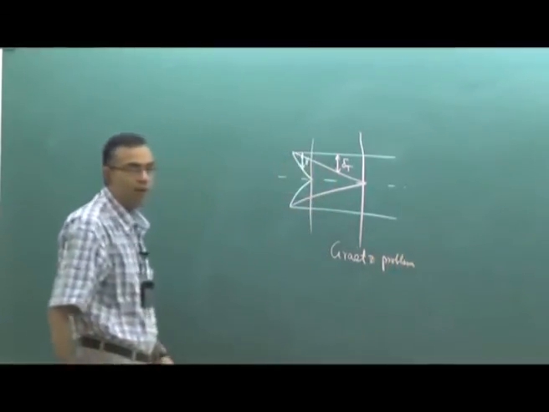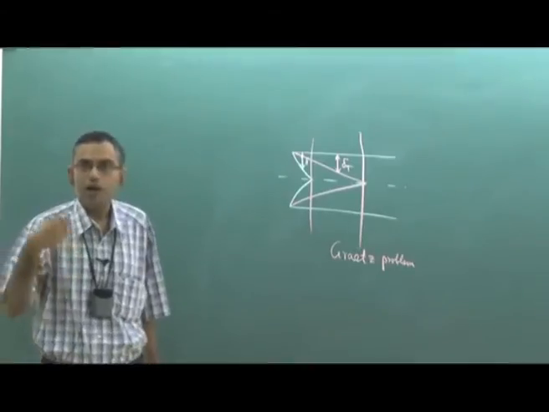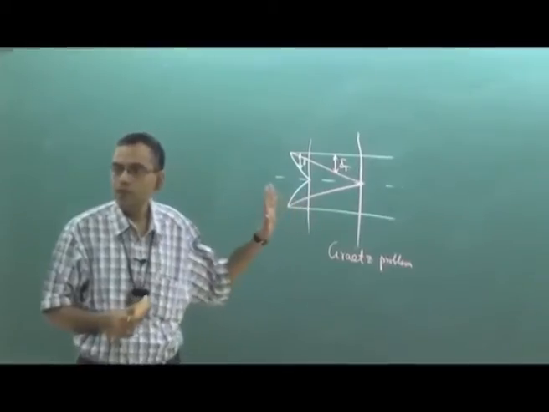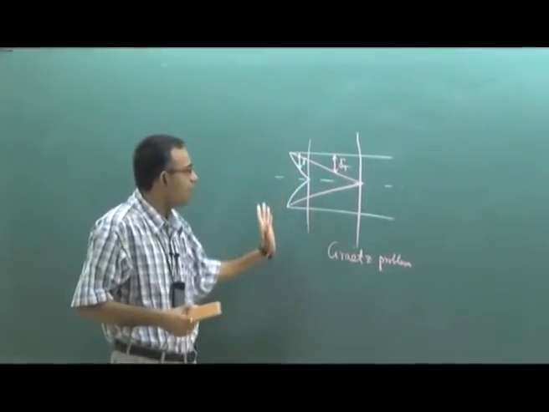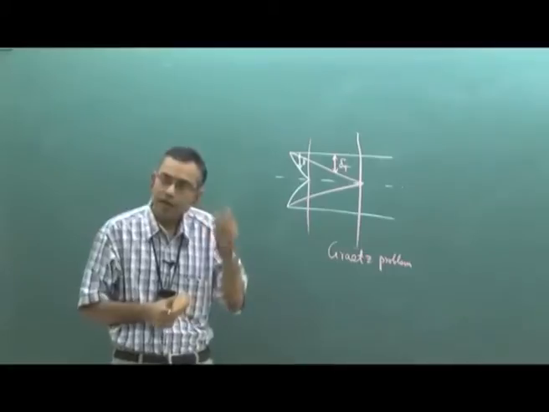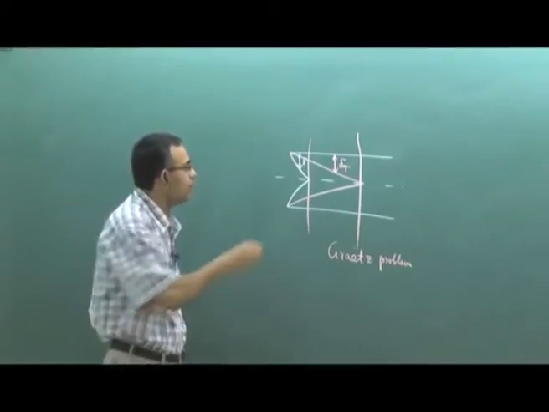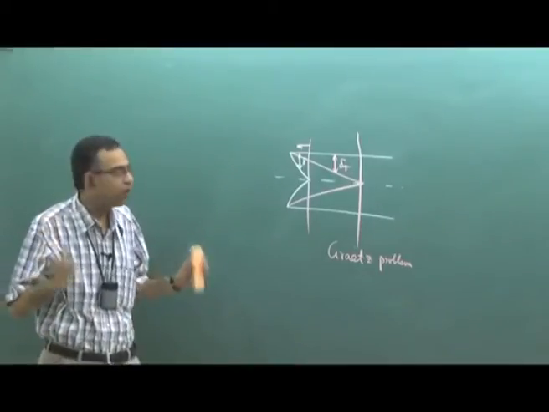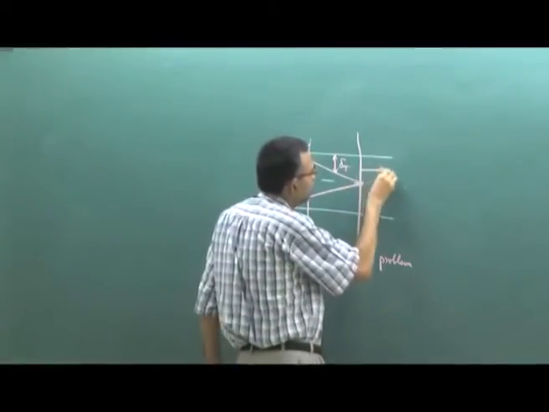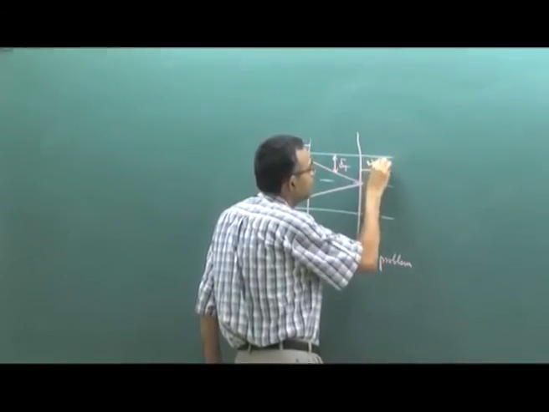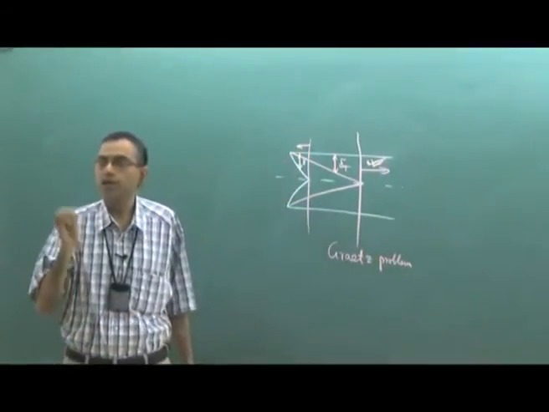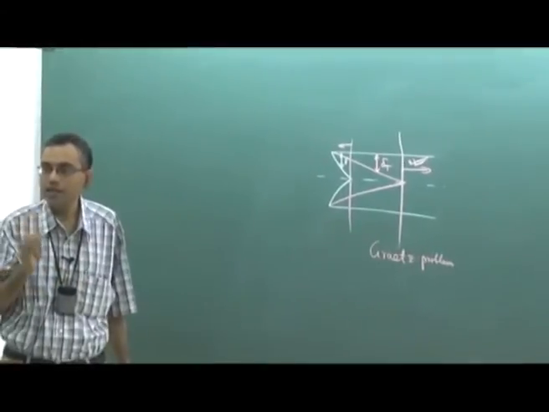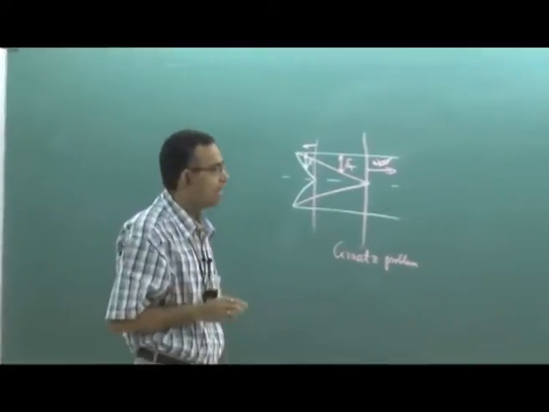This kind of problem is in the purview of advanced convective heat transfer, so we will not go into that here. There is another type of problem where the flow is both hydrodynamically and thermally developing, like this region. But in this particular course we will be concentrating on this region, where the flow is both hydrodynamically and thermally fully developed, and we will evaluate the Nusselt number for those cases.